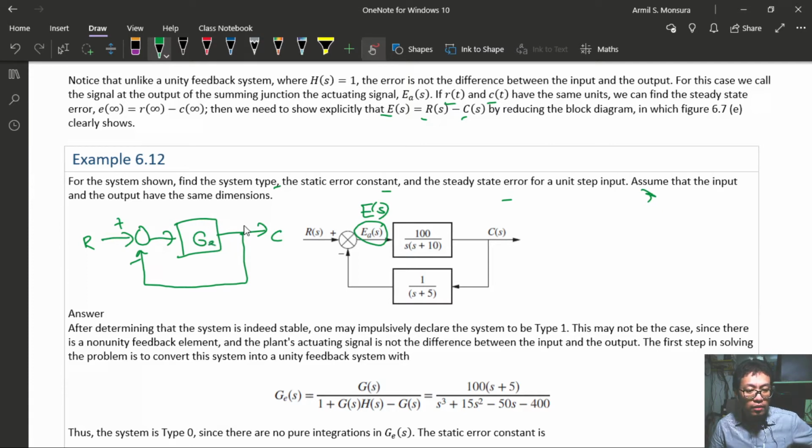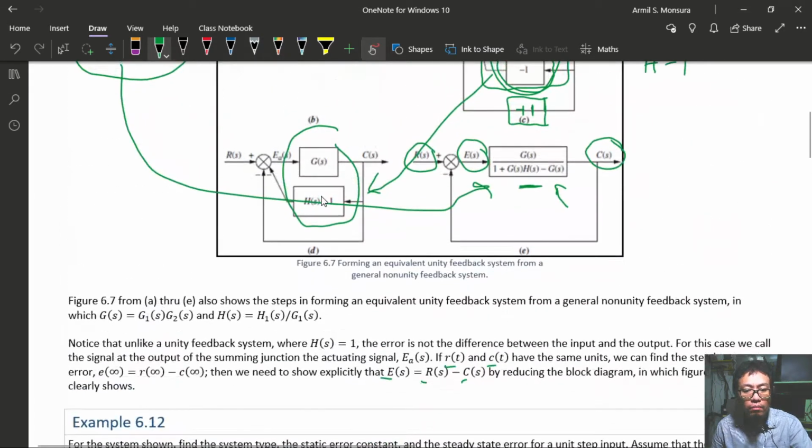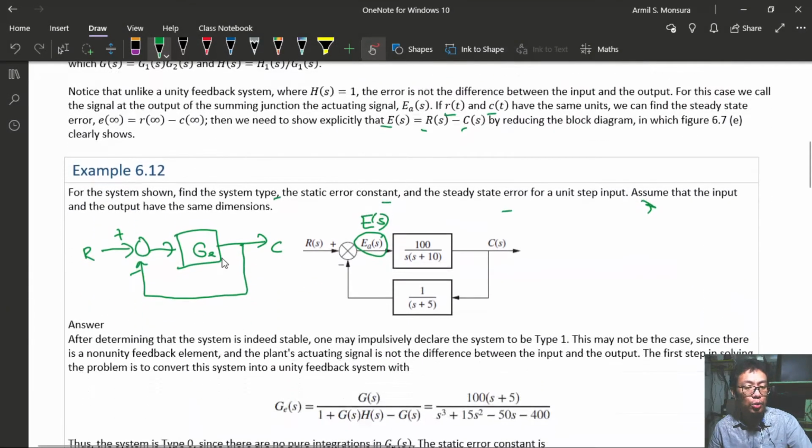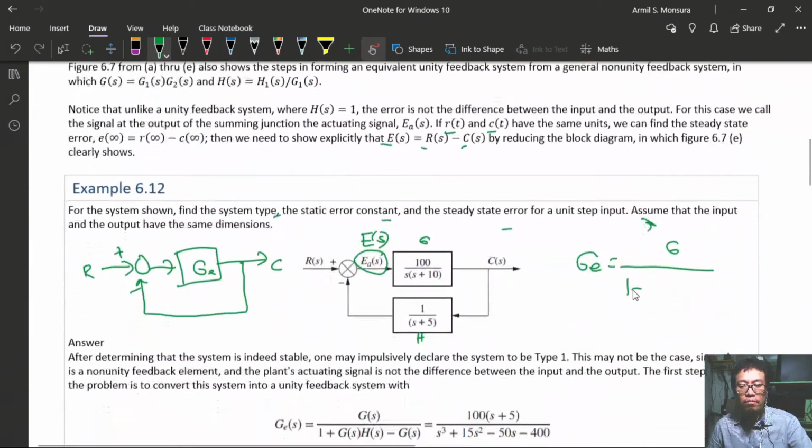Label natin GE. Ano bang ginamit niya dito? Wala siyang ginamit. Pero yung GE ito, basically ito yun. Ito yung equivalent forward transfer function ng unity feedback system. So let's use GE for that. And then we compute now GE as G over, ito yung G ninyo, this is your H, G over 1 minus 1 plus